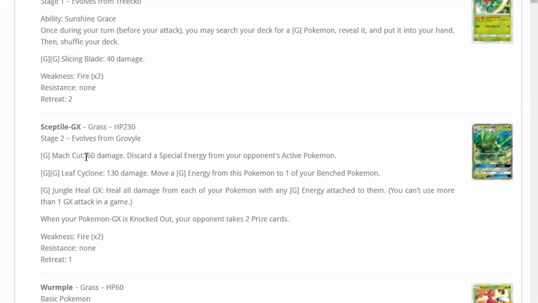Mach Cut is a good attack as far as weakening things. The whole point of this Sceptile is, I guess, not to OHKO, but to just constantly be putting damage on the board for easy cost. And then you have Jungle Heal, which heals all damage from each of your Pokemon with grass energy attached to them. Like I said, it pairs really well with the Ultra Beast card with the other Sceptile. The other Sceptile prevents all damage from Ultra Beast Pokemon to Pokemon that have any grass energies attached to them. So